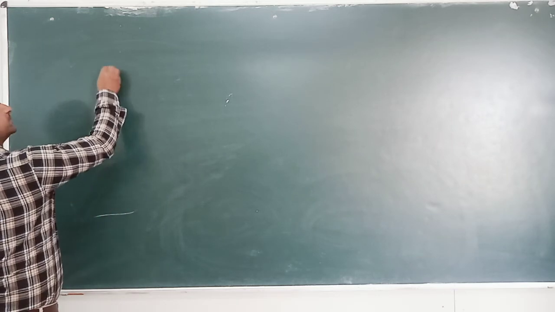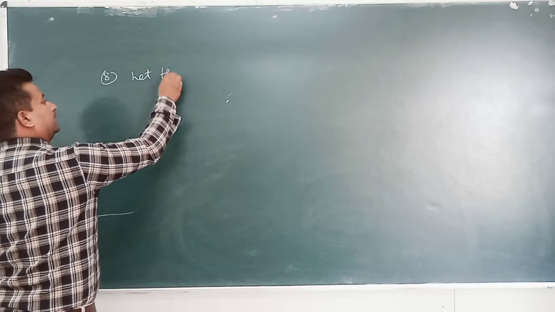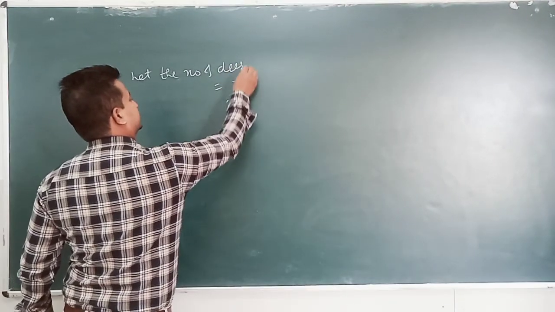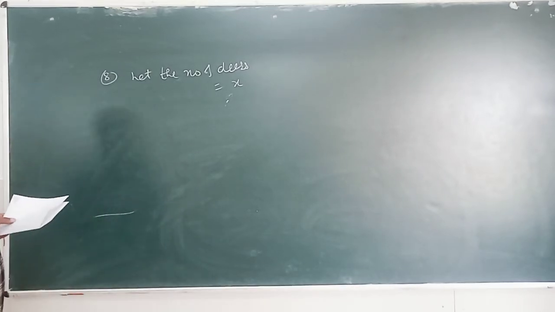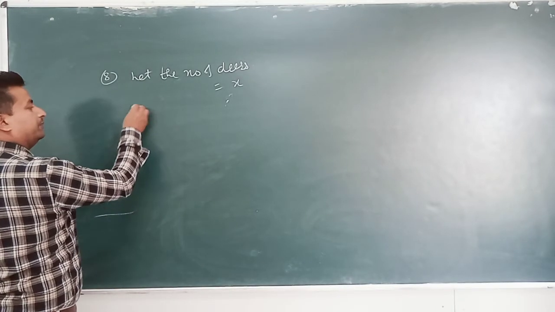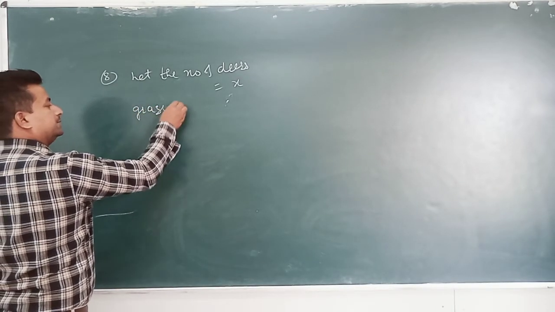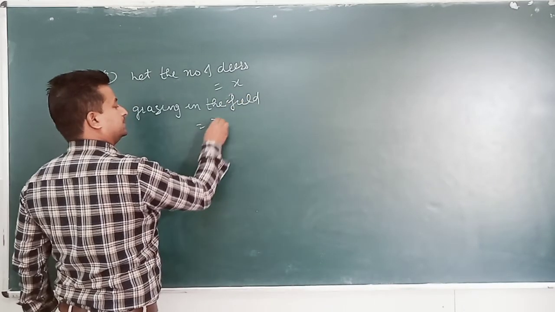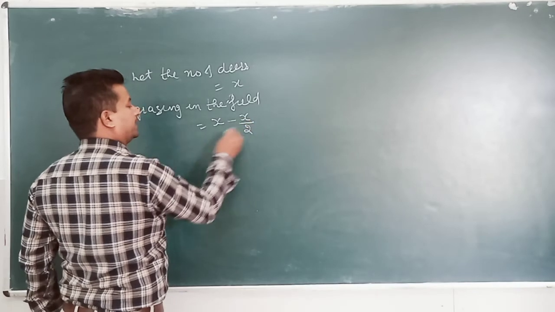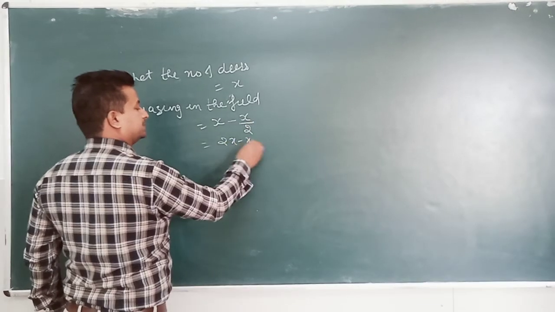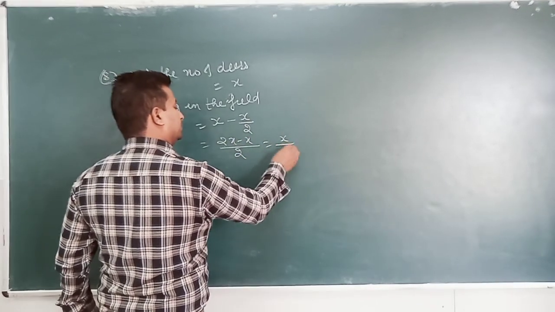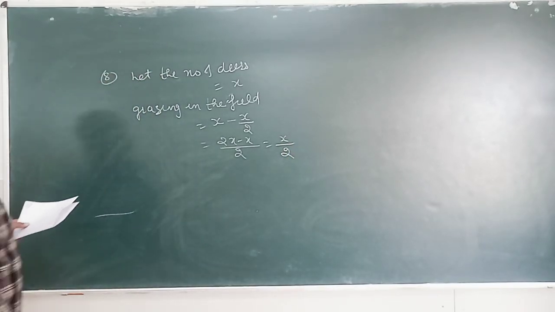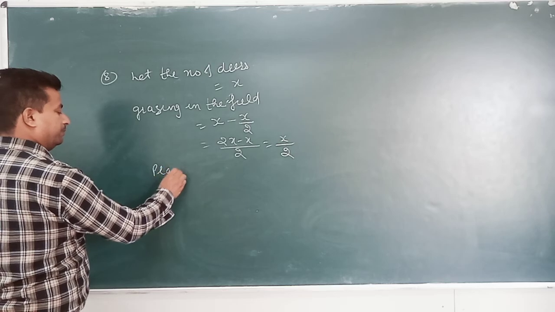So in this question, first we let the number of deer equal x. This is the total number of deer. Half of them are grazing in the field. This means x minus half of x, which is (2x minus x) upon 2, x upon 2. They are grazing in the field, and 3/4 are playing